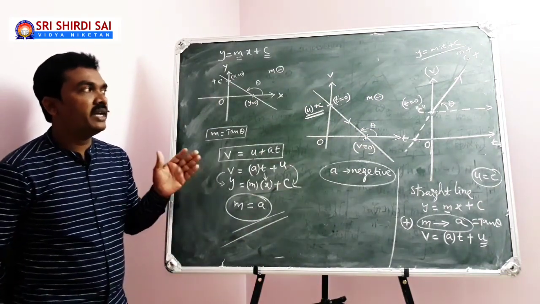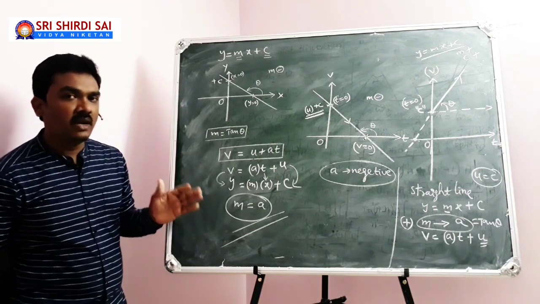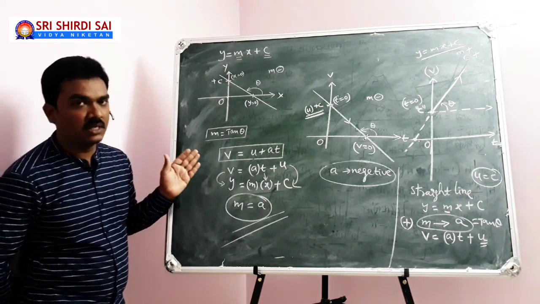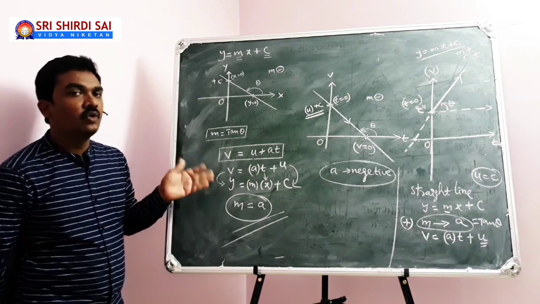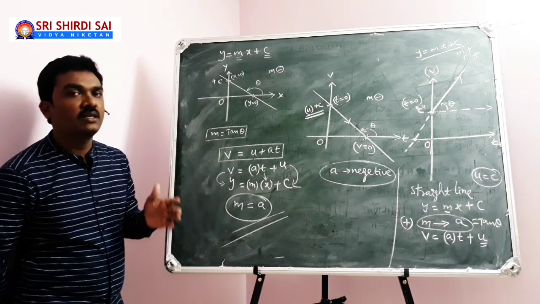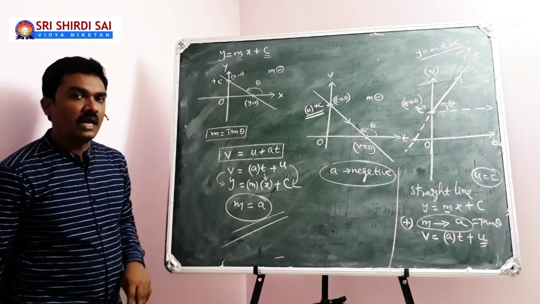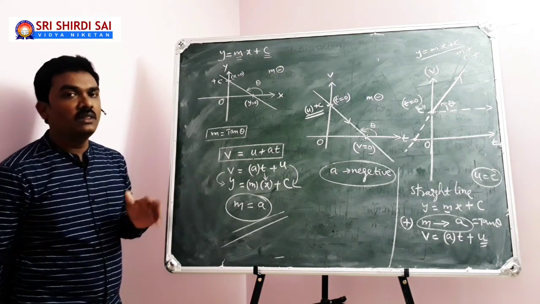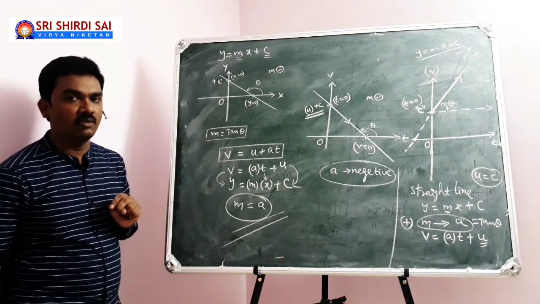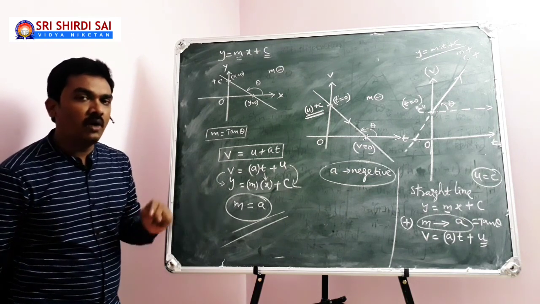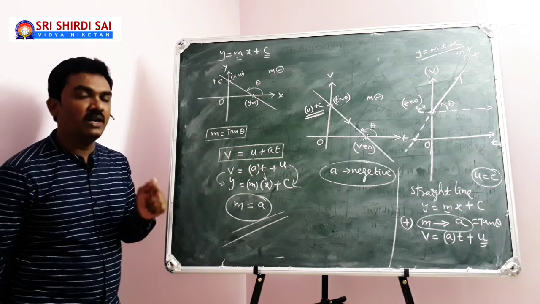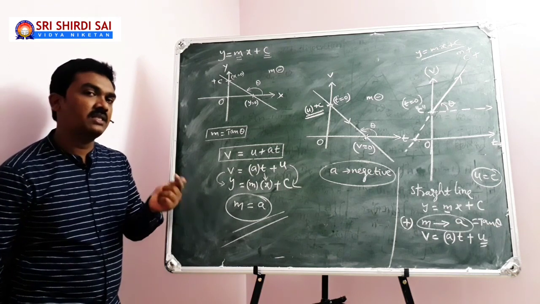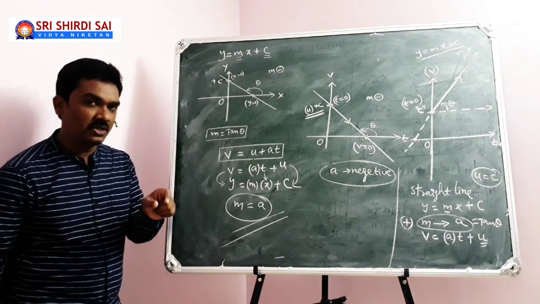This is how you should be able to analyze a graph that is connecting with physics. So y equal to mx plus c is a mathematical equation whose graph will be a straight line not passing through origin. Earlier, y equal to mx, whose graph is a straight line passing through origin. In these two, mainly we have to draw out conclusions. First of all, the slope of a displacement versus time graph will give velocity. The slope of a velocity versus time graph will give acceleration.